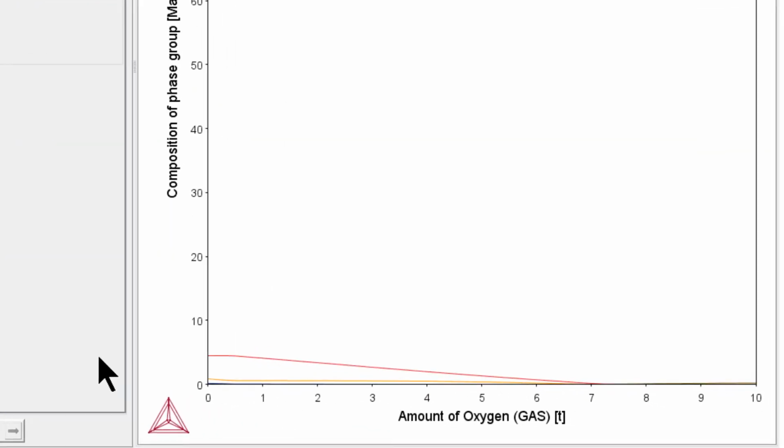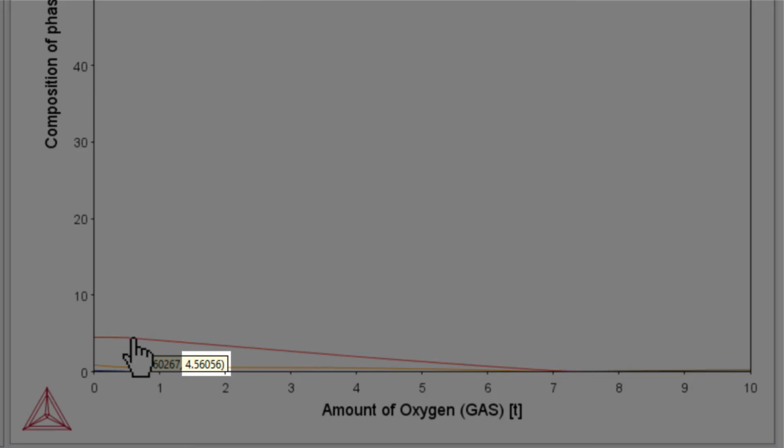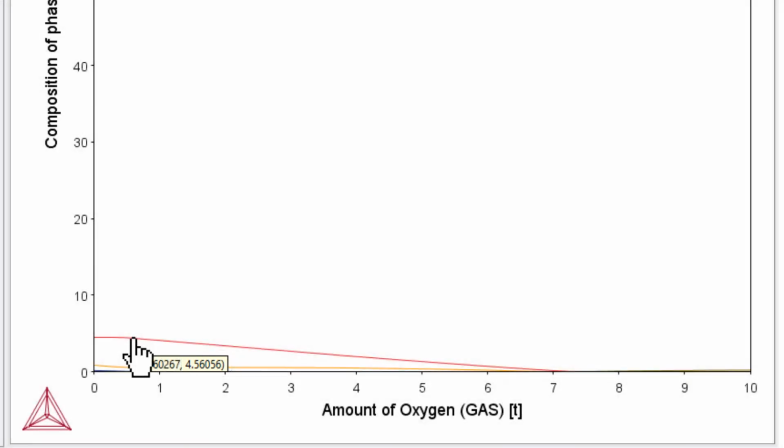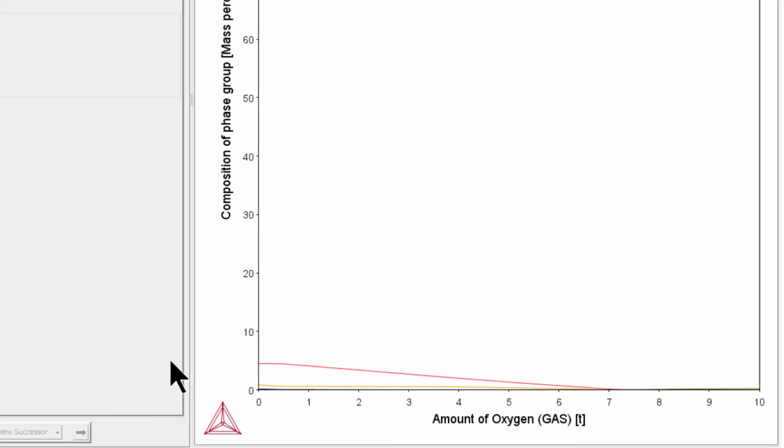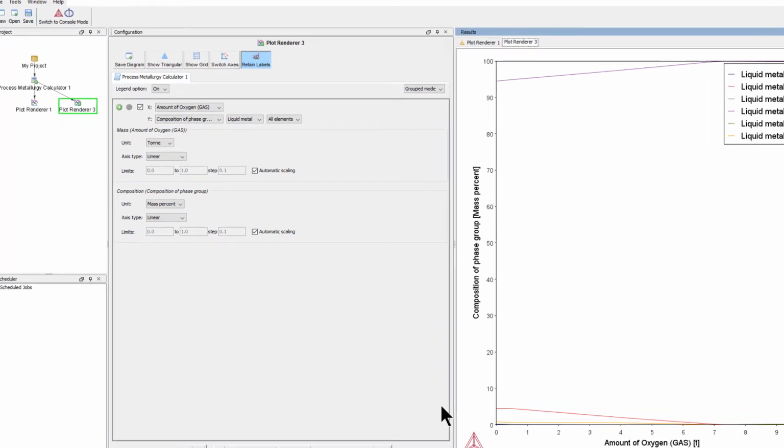The hot metal coming from the blast furnace has a very high carbon content of typically 4.5 weight%. If it is left to solidify without lowering the carbon content, it will be extremely brittle and be unfit for rolling or forging. Other changes in steel chemistry occurring in the BOF can be made visible by changing the y-axis type from linear to logarithmic. So we will do this.